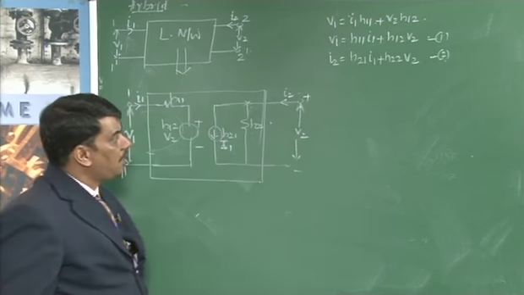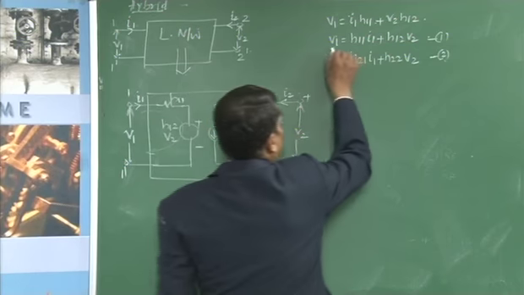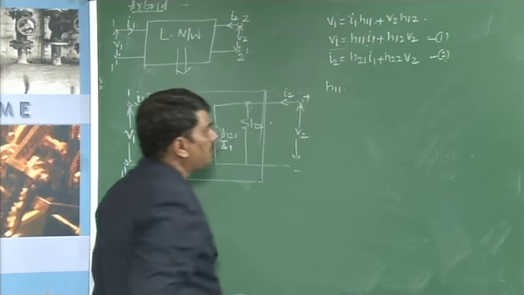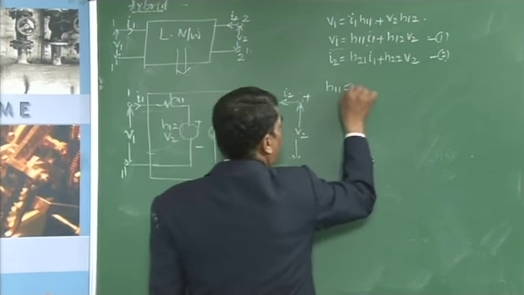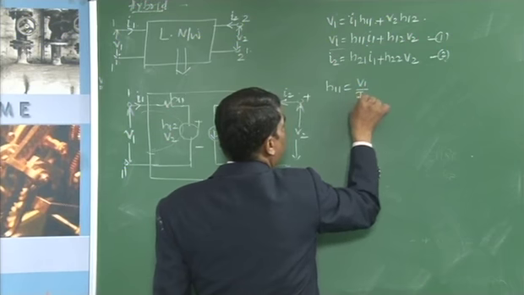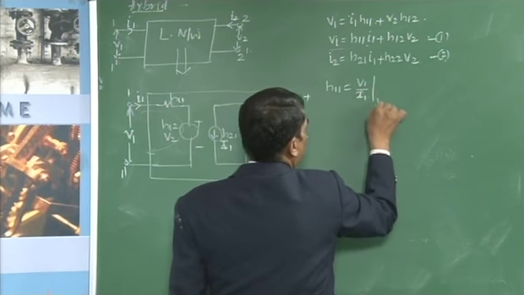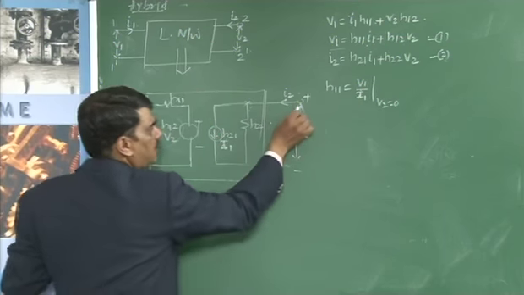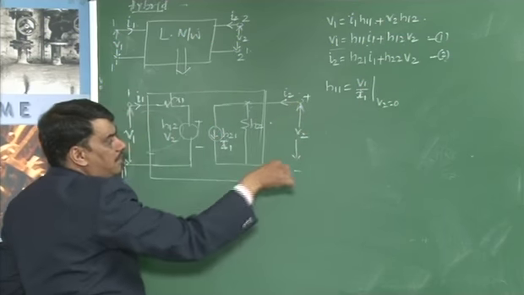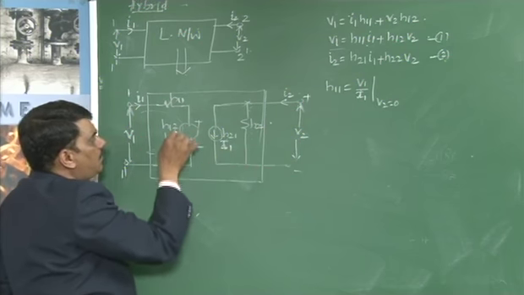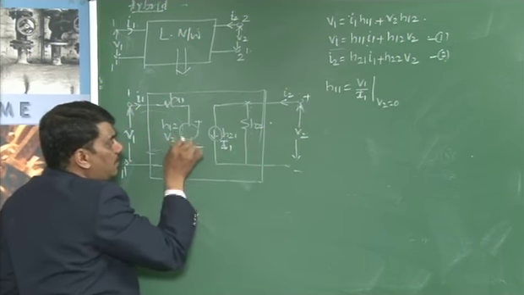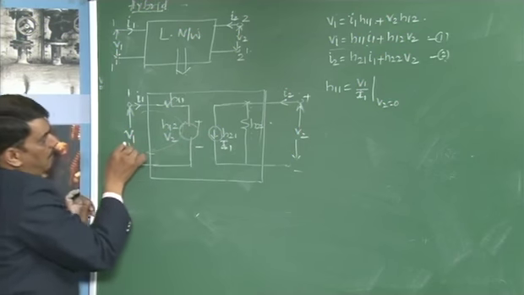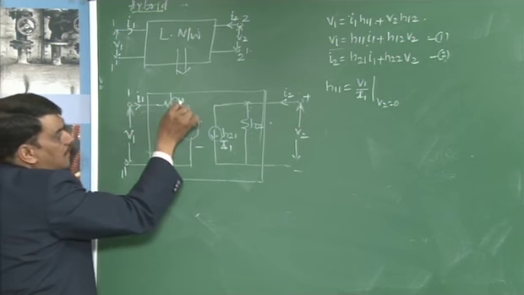we have to analyze this circuit. When do you get H11? H11 is defined as V1 by I1 when V2 is equal to 0. If you set V2 equal to 0, it is short circuited, and the constant voltage source is acting as a short circuit. Then the applied voltage V1 is equal to I1 into H11, hence